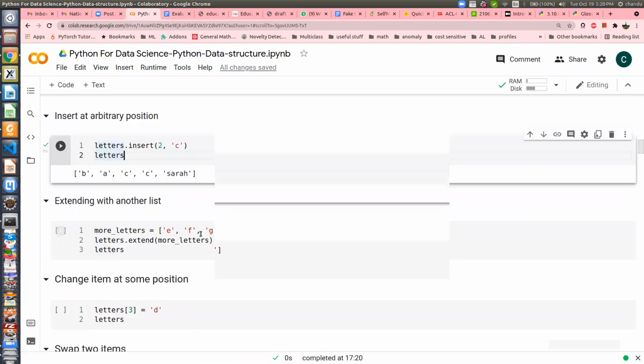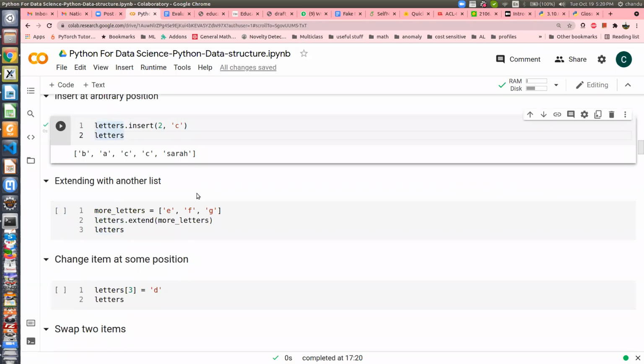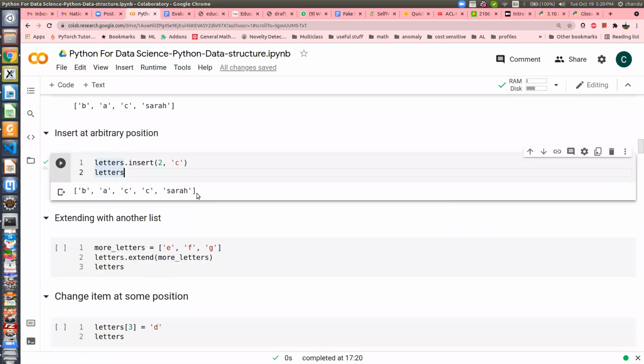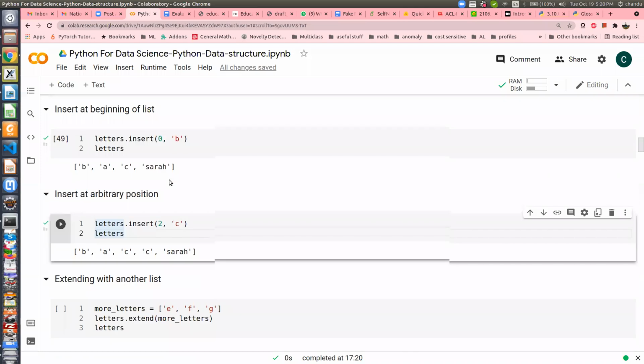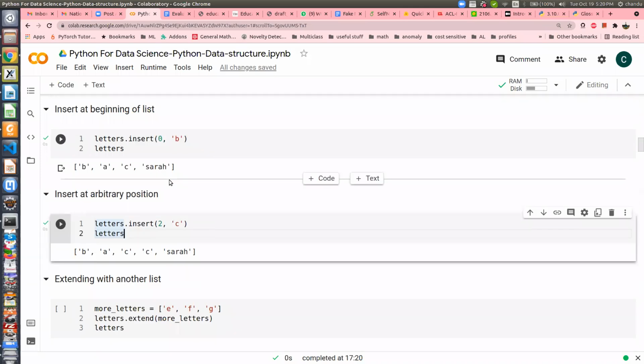Sir, will the insert command change the object at that position, or will it increase the location of every item? The thing is that it inserts the item. It doesn't change the items which are already there in the list. B, A, C, Sarah was my earlier list. What was the item at location 2?